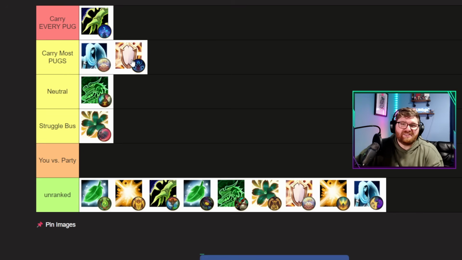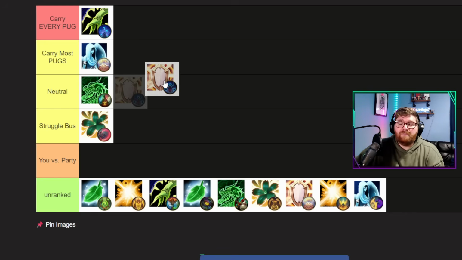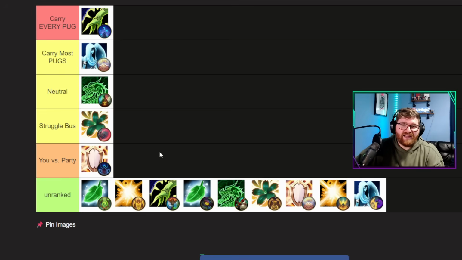Pushing on Disc Priest, especially this season where there are so many important casts to kick. I've mentioned a few already in this video. It felt miserable, literally relying on your pugs to do that for you. So for that reason, to be honest, I'm slam dunking Disc Priest: it's you versus the party